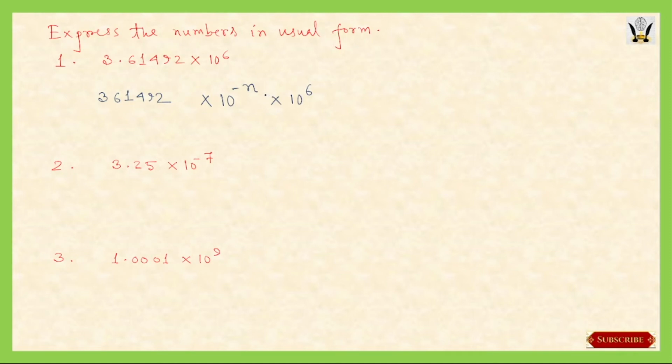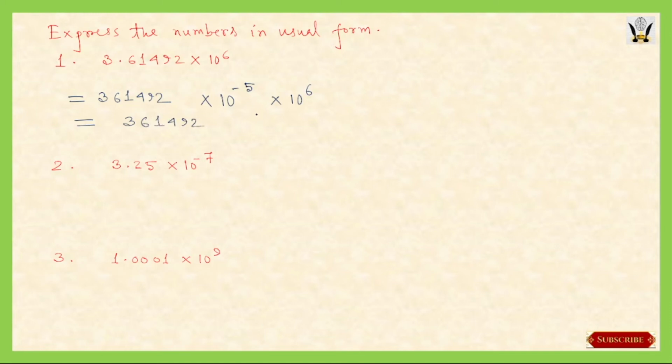And by how many places did it move? It moved towards the right by 5 places, so it will be minus 5. Since it has moved towards the right, it will be minus n, so minus 5. So it will be written like this, and then further it will be